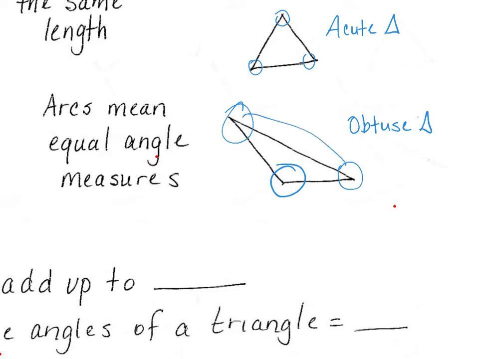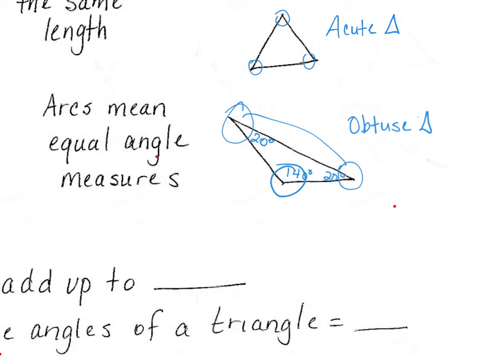Yeah, so what? If this was 20 degrees and this was 20 degrees, that's 40 degrees, right? That means this one would have to be 140 degrees. The other two angles have to be acute because you've got one obtuse